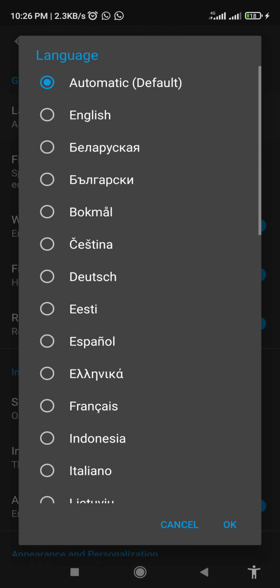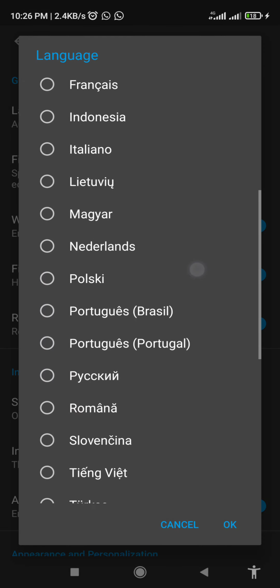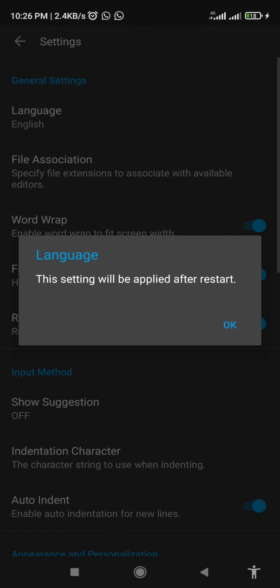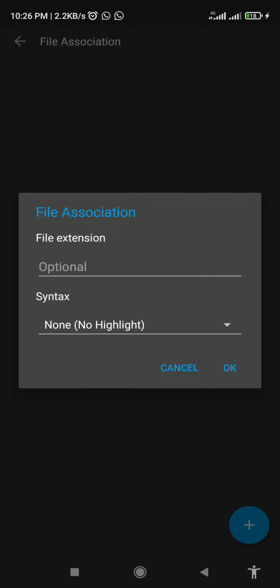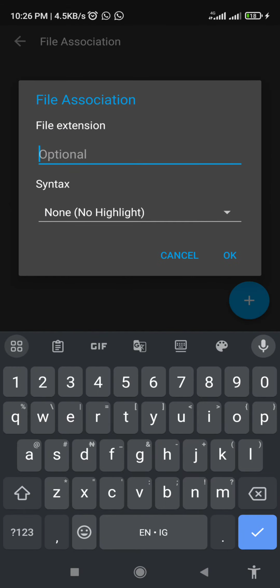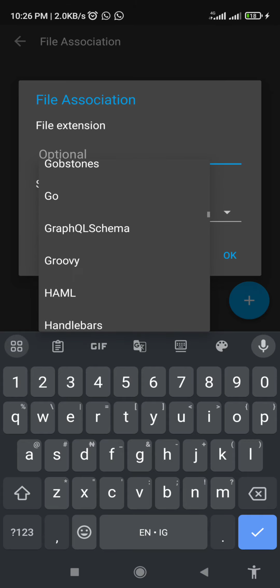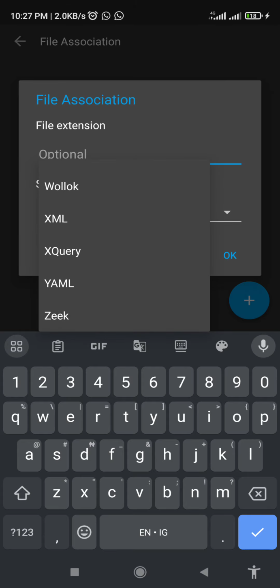If I click on settings, now this is the settings of the app. Language, you can set that to automatic. You can set that to English by default. Well, let's leave that English. The settings will be applied after a restart. So file association. What file association is, how do I put it now? File association is more advanced, but I'll just explain it. For example, file association means you want this code editor now to